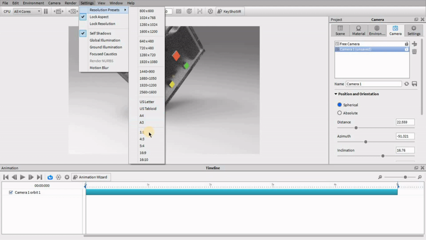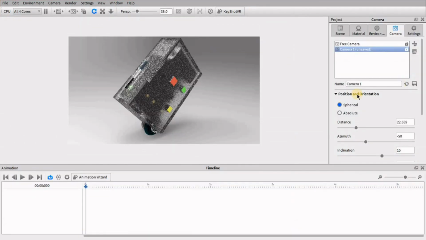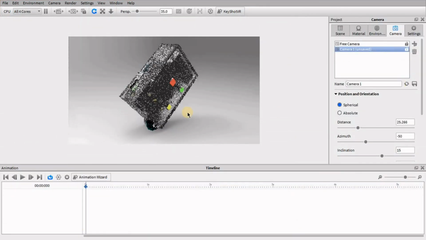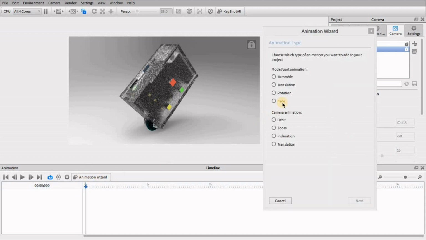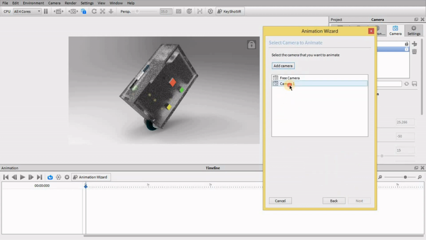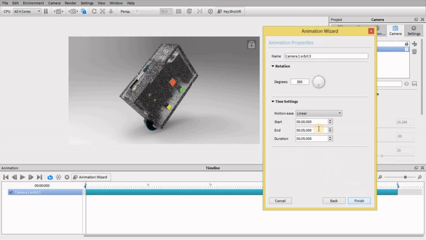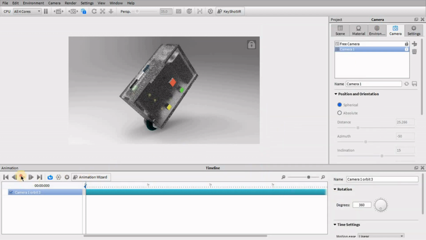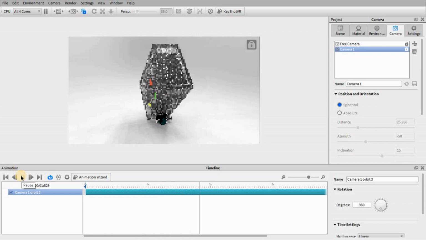Select resolution of video. Then click on animation wizard. Now we want to orbit our camera around the device. Select camera, then here there will be 360 and finish. Now you can see camera is orbiting around our device.